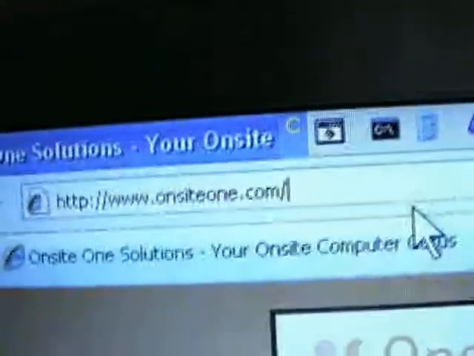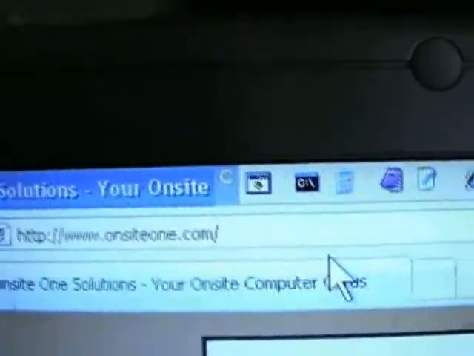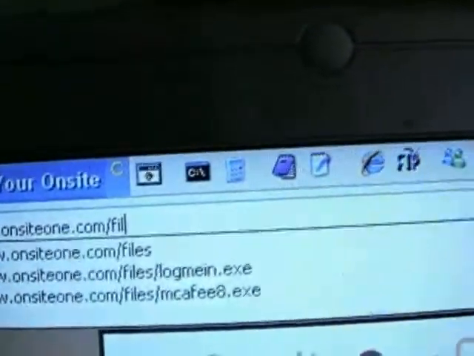And first off, I'm going to point you to my laptop screen where I can show you where you'll actually download it. So here we go. Okay, first thing we're going to do is open up our Internet Explorer program. And I just happen to have a toolbar up here where I can just hit it right there. And here's the website. All you got to do is just go to my website, www.onsite1.com. Put a / in there and type the word files,